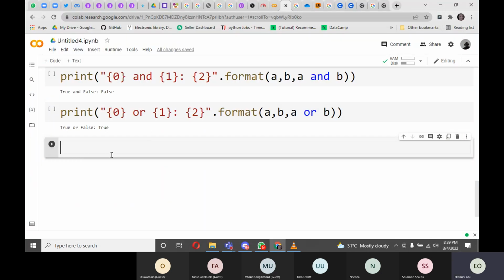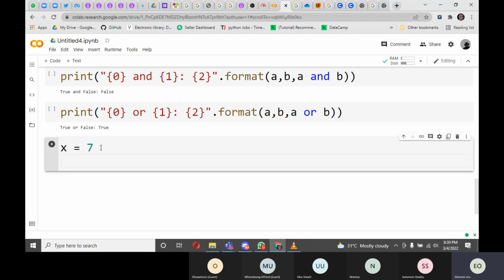So let's look at a very practical example here. X is equals to, let's use 7. X is equals to 7. At the time we define X to be 7, and we say if, let's use the if condition now, if X